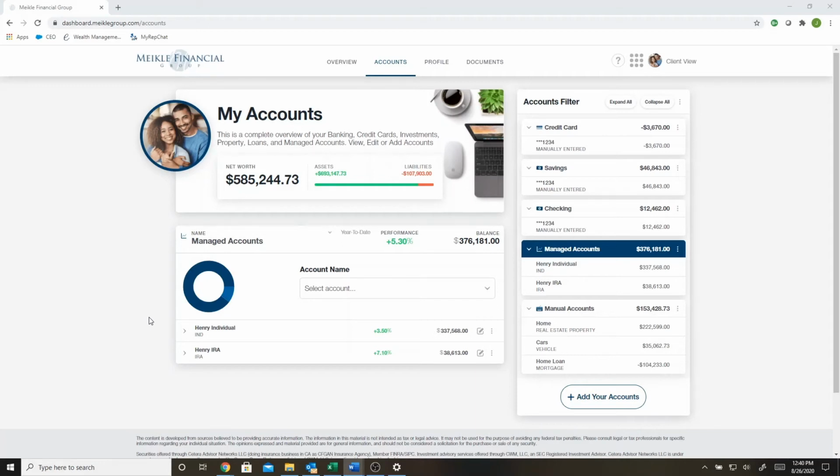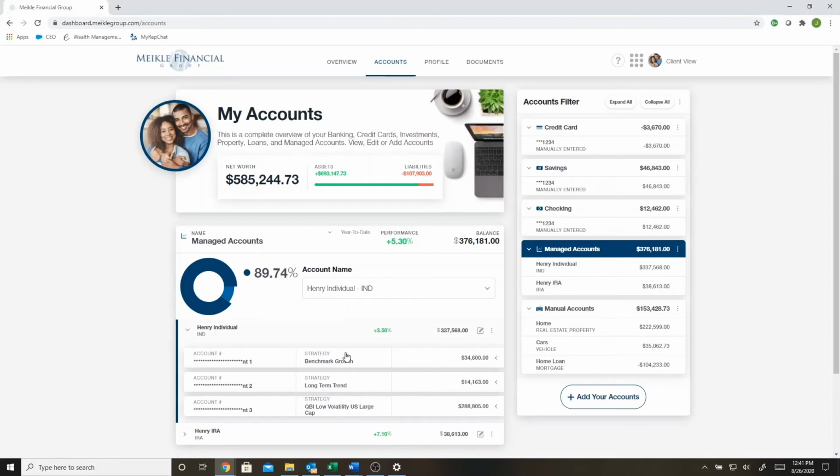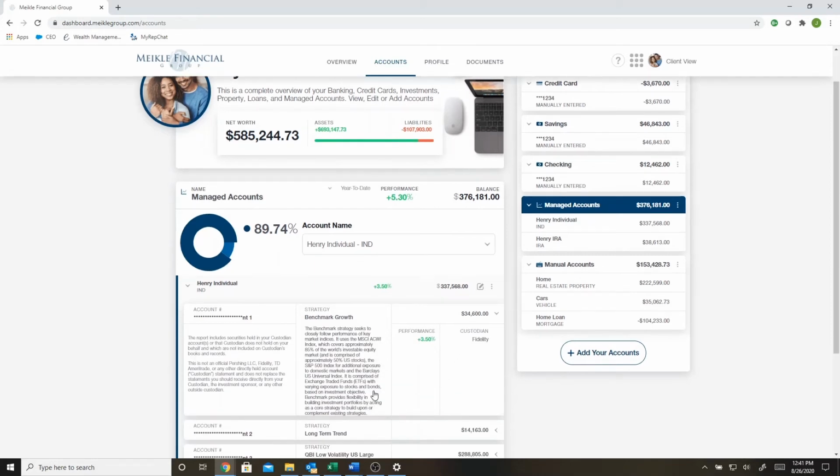your accounts. And one of the features that I really like about this is when we are talking to you about your different allocations, we typically go over a lot of information really quick. So if you are leaving the appointment, or it's a couple of weeks after we've met, and you say, hey, they talked to me about this certain strategy, but I don't remember specifically what it's there for. You could come in here and say, oh yeah, they talked to me about benchmark growth. What is the purpose behind that? And this will give you a little bit of a summary on what the purpose and objective is for benchmark